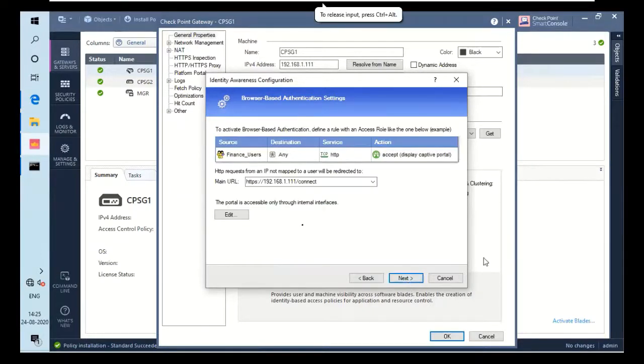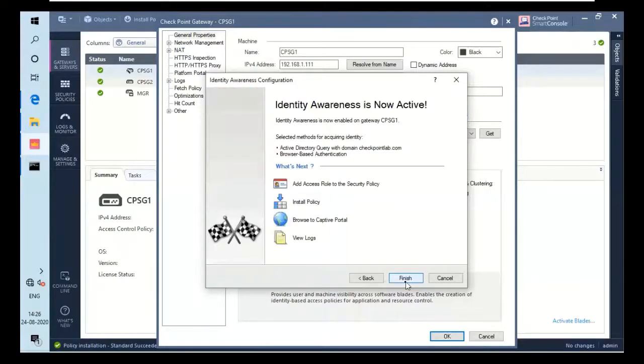Yeah, so it's just the basic format that you have to create: a source, a destination, and an HTTP and accept with the bracket display captive portal. So you have to do this, and whenever traffic is generated to that one, this main URL will be there, and you can change this URL to whatever you want, and you can edit the portal interfaces also. So I will not do anything. I will show you afterwards, right? So let's explore what all there is.